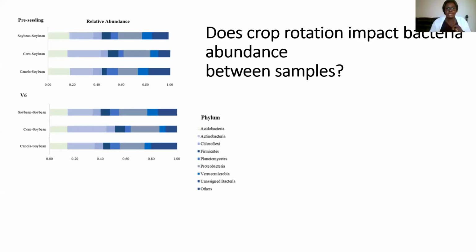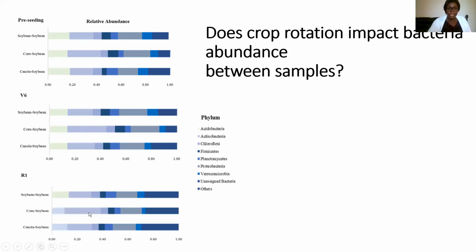we see that things are starting to change, where the corn is having more of certain species, but the soybean and canola samples are still having similar values of certain species. And then at the end of the growing season, we wanted to see what things look like. Again, the corn had changed things up, whereas soybean and canola had left things the way